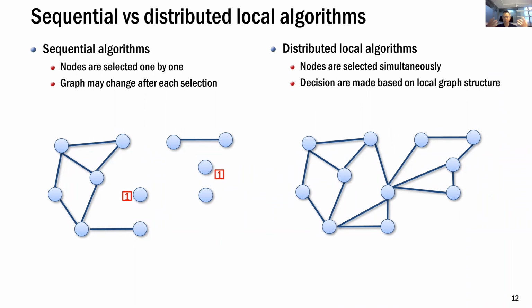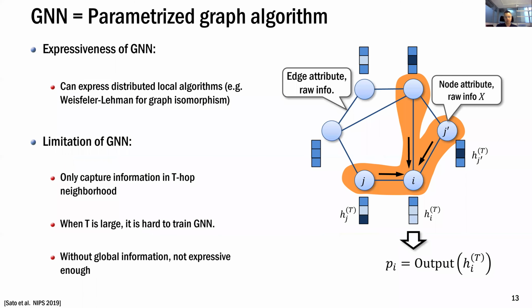So you have some policy which probably gives you some probability of a node being selected into the solution set, and then you make a decision simultaneously, select a certain node and declare that's my solution. The question is, how do you compute this probability of being selected? It is also computed in a message passing fashion, but produced in a parallel and distributed fashion. So using some results from the distributed local algorithm community, you're going to show